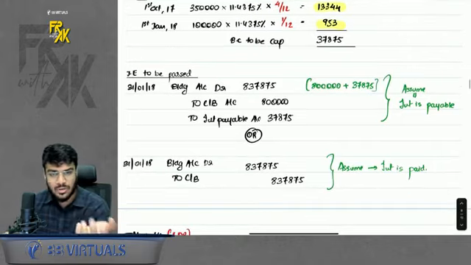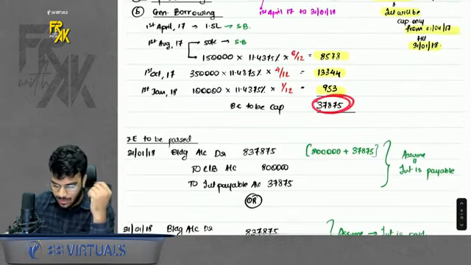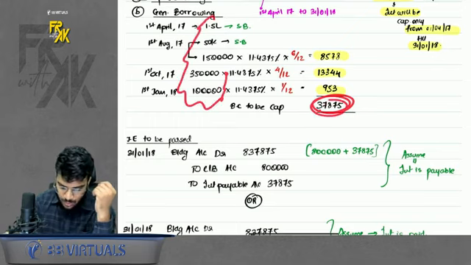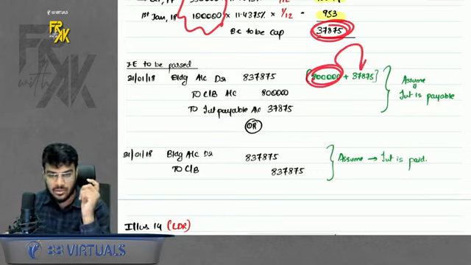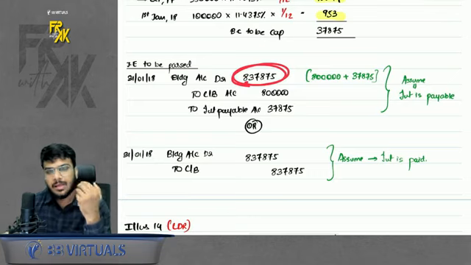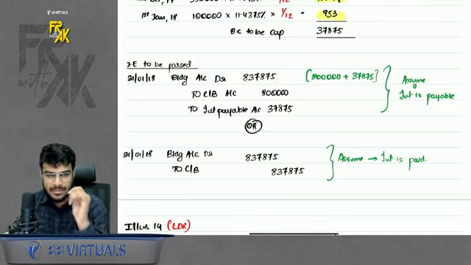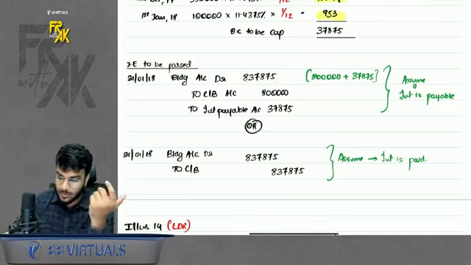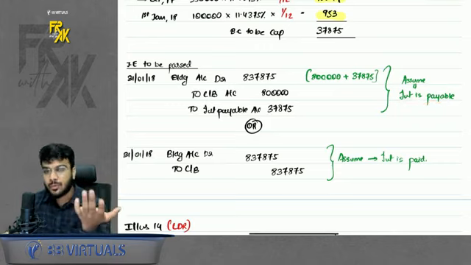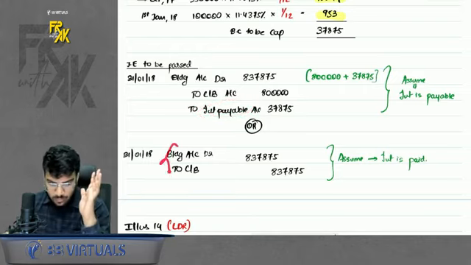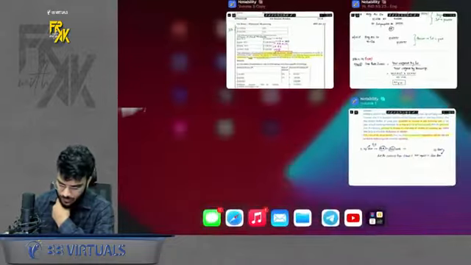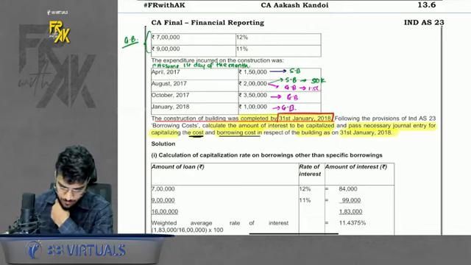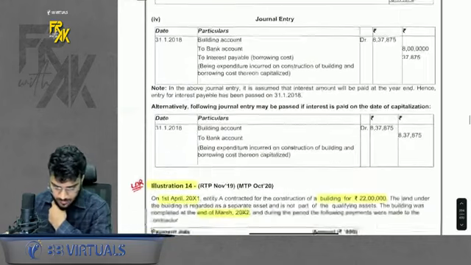The entry was also asked. So this is the borrowing cost to capitalize, and the total expenditure incurred on the asset will also be capitalized. So you incurred 8 lakhs, and apart from this, you capitalize the interest also. So this is the total interest capitalized. Now the entry was asked, so I passed the entries. I gave two alternatives. One, if I'm assuming that interest is to be paid in future, I will create a payable. If I assume that interest is paid, I will say building to cash bank. Simple. Clear?